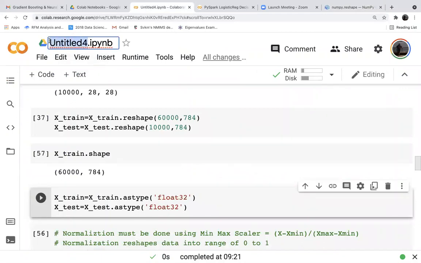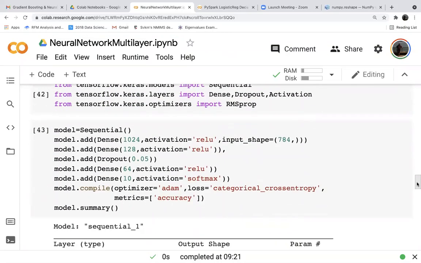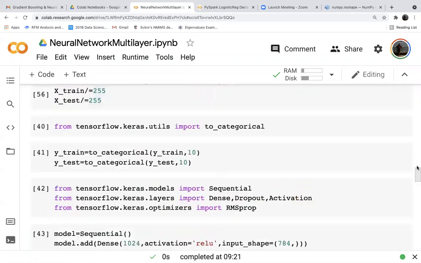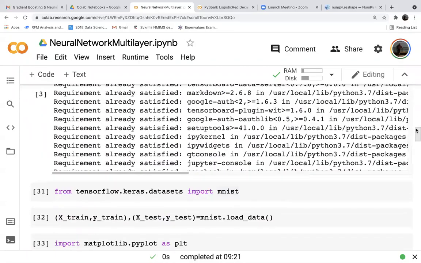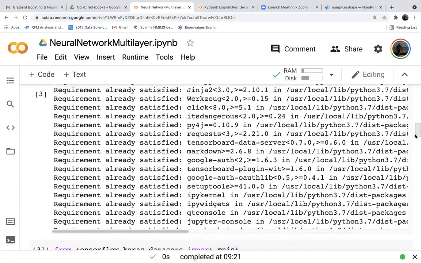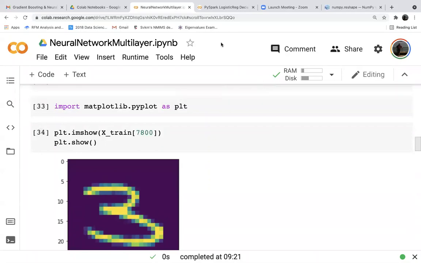This is a simple neural network model, not a deep learning model, a multi-layer neural network only. So how many layers have we built? 1, 2, 3, a 3-layer network. I think we have to create a Spark configuration in the beginning only, and then we have to run the parallelization.